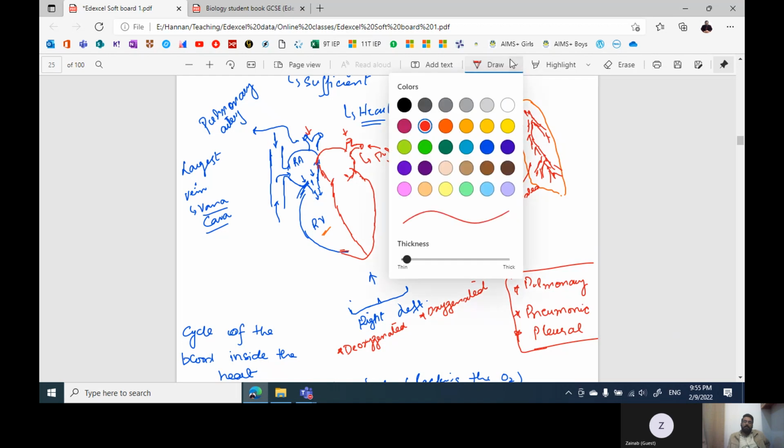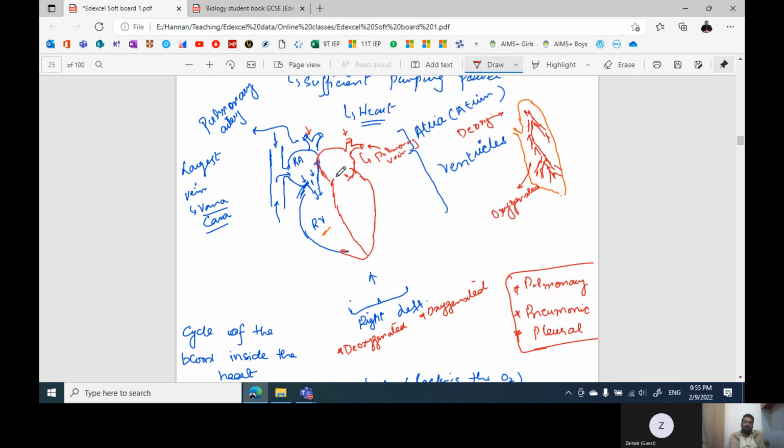Now the oxygenated blood from the pulmonary vein has entered the left atrium. This is the left portion. This is the left atrium, and the left atrium would push this blood into the left ventricle. Now, this portion is the thickest of all portions of the heart. I think I mentioned the reason earlier, but let me rephrase my sentence. This portion is the thickest of all because it has to